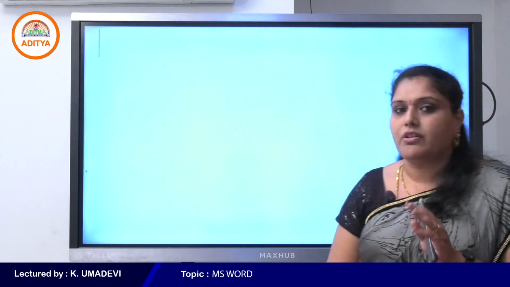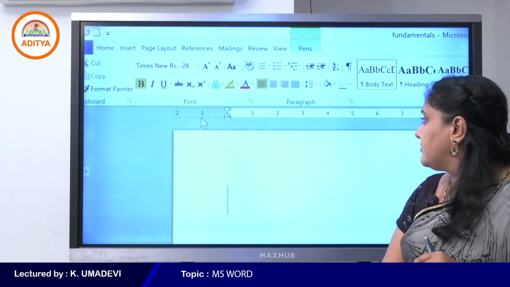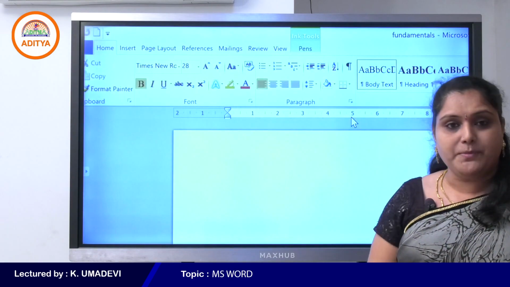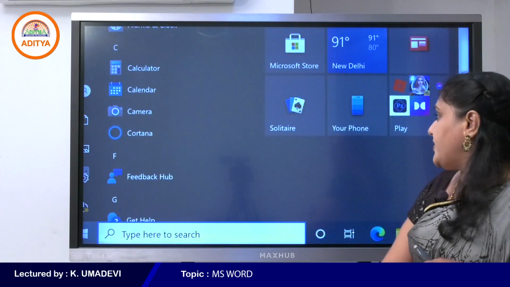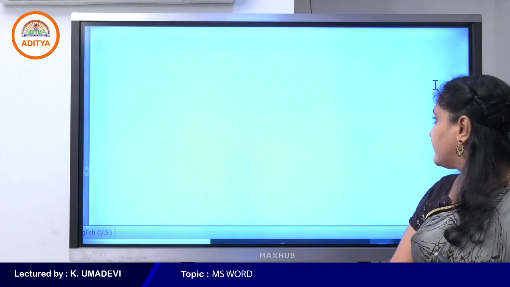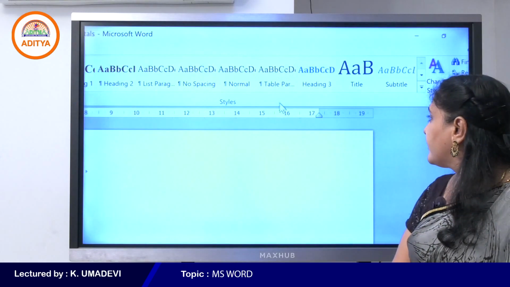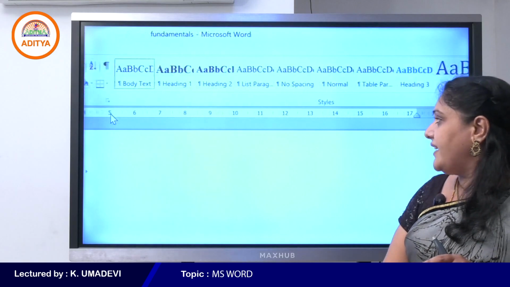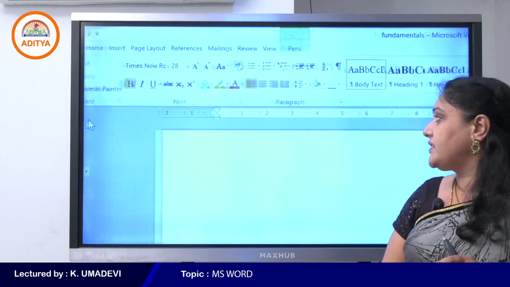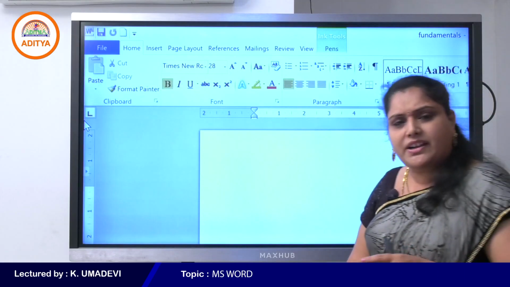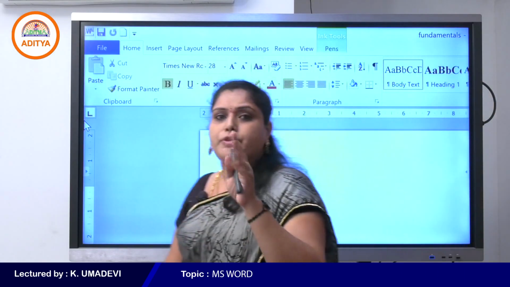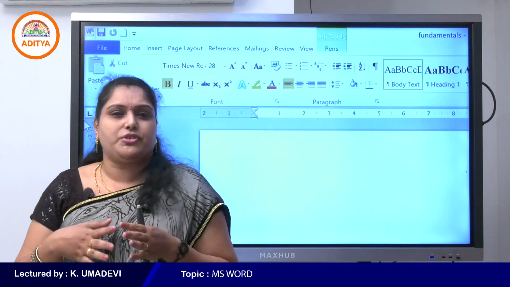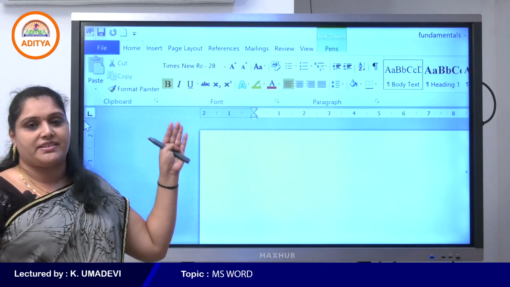Did you notice the group names? Next one is styles and editing. So editing, styles, paragraph, font, clipboard. So Home tab contains 5 types of groups, and each group is used to organize the related commands.